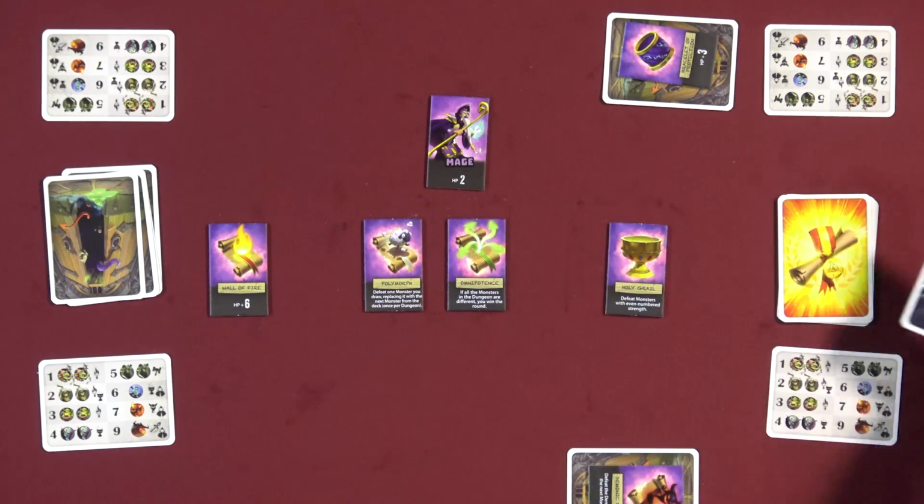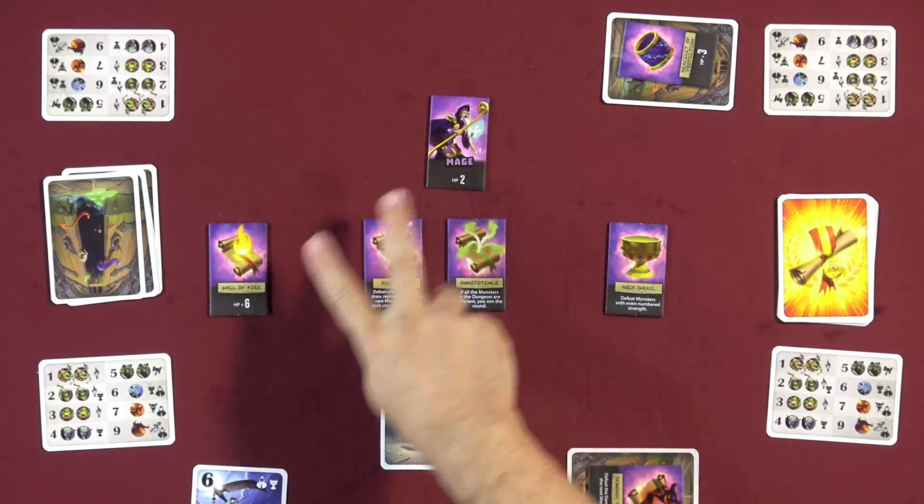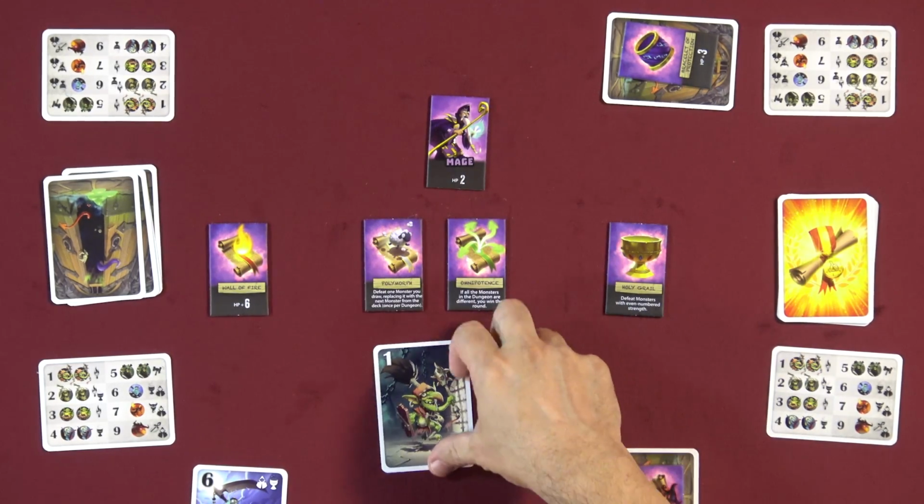Hey. Holy Grail, it's almost like you knew to keep it. Yeah, there's a 6. All right. 1, I think I just take that one. All right, so you have 8 hit points. Now you have 7. Right. Okay,